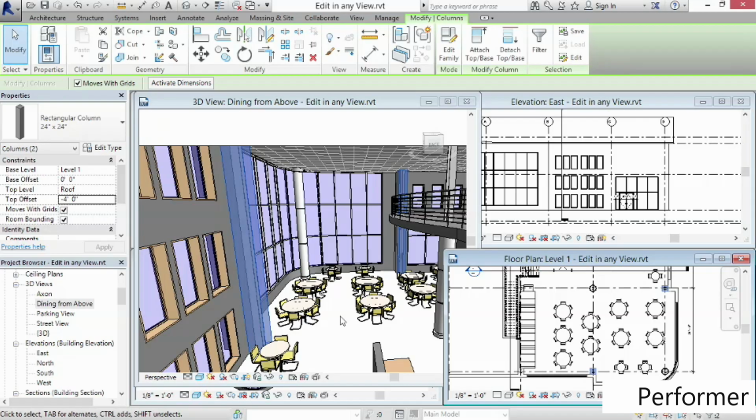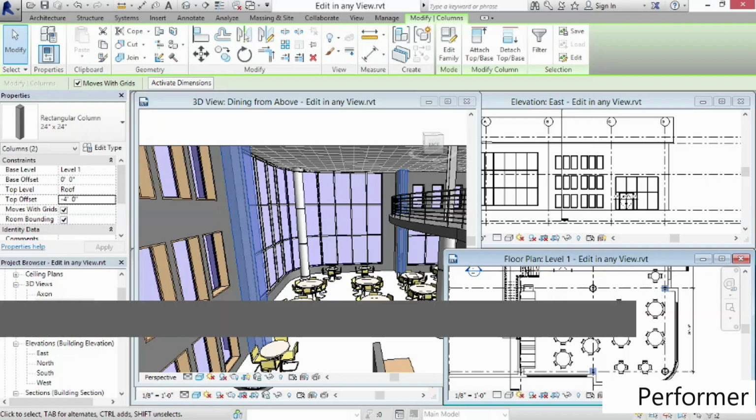So a big advantage of working in a Revit model is that you're actually working on a model. So any change you make, plan, section, or elevation, applies everywhere to all views. You don't have to make the same change over and over again in multiple separate and disconnected drawings. You make the change once in the view that's most convenient, and it automatically takes care of itself everywhere else